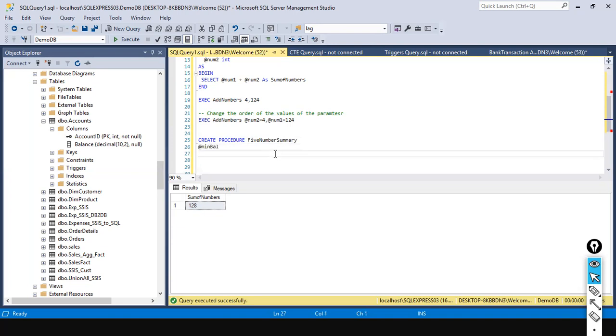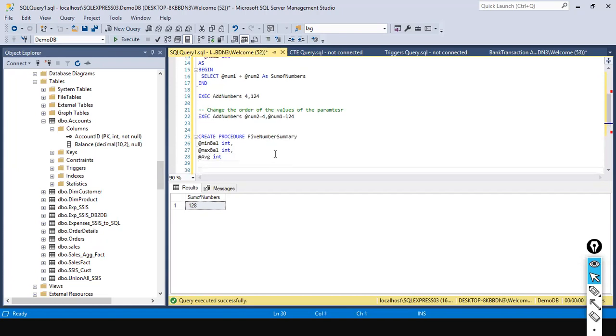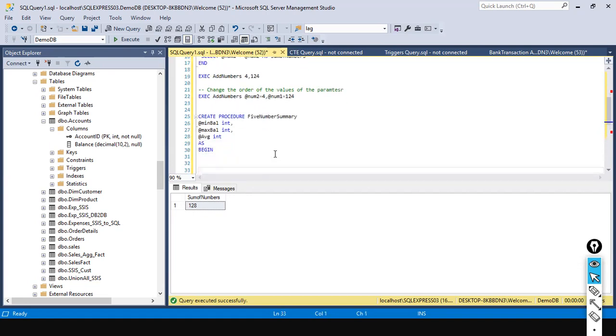Minimum balance, int. I just say max balance, integer, and average, int. Here you need to specify the AS keyword, and then you need to specify the BEGIN and END. You need to specify the body of your procedure. So here what I do is I'm going to